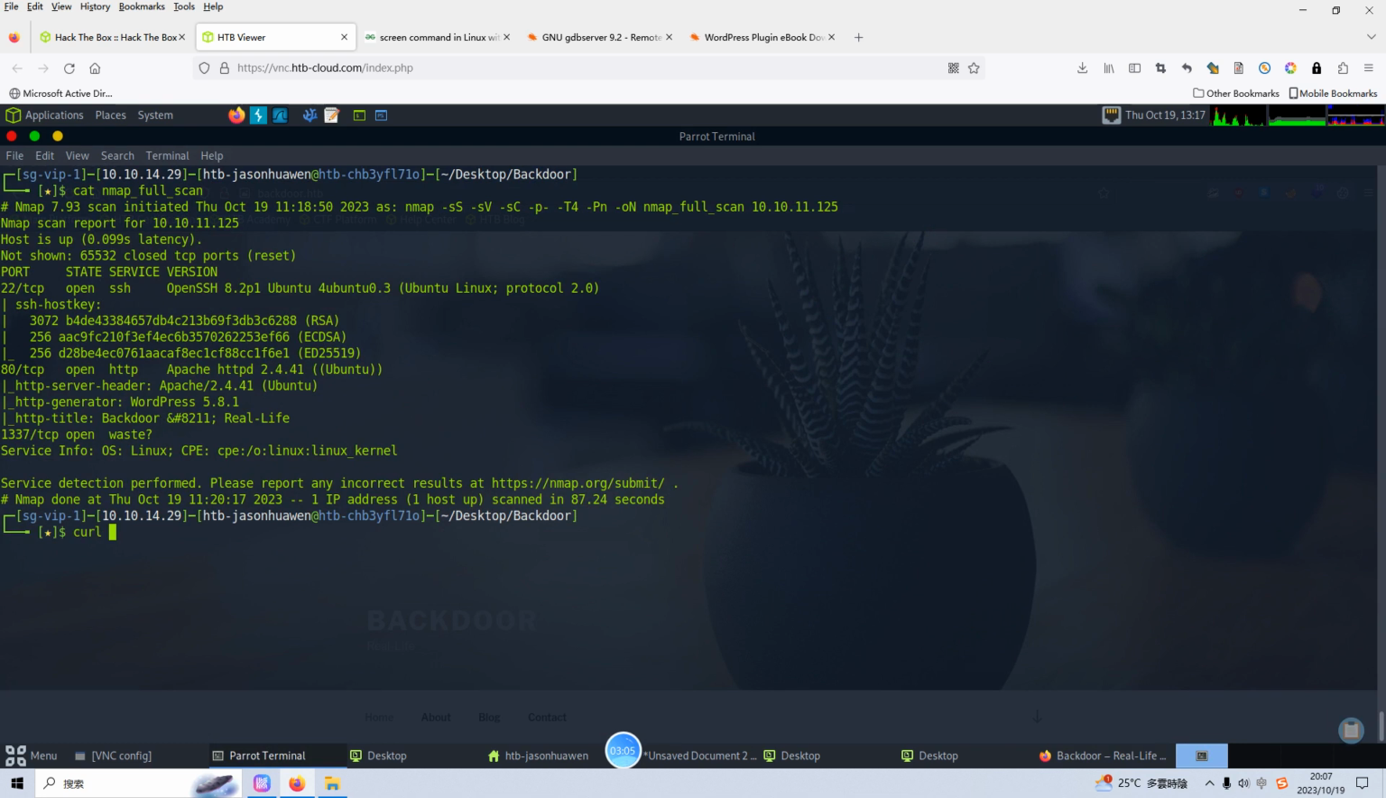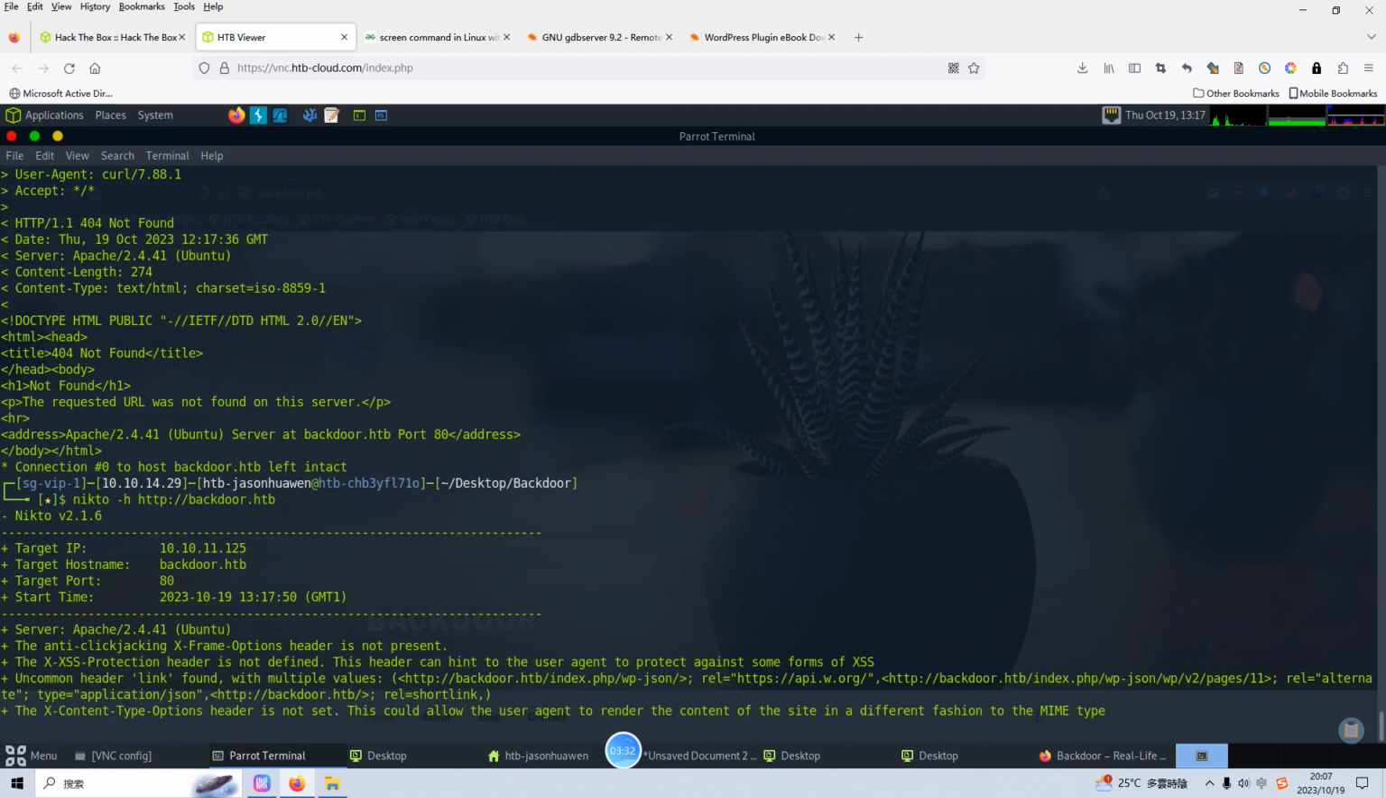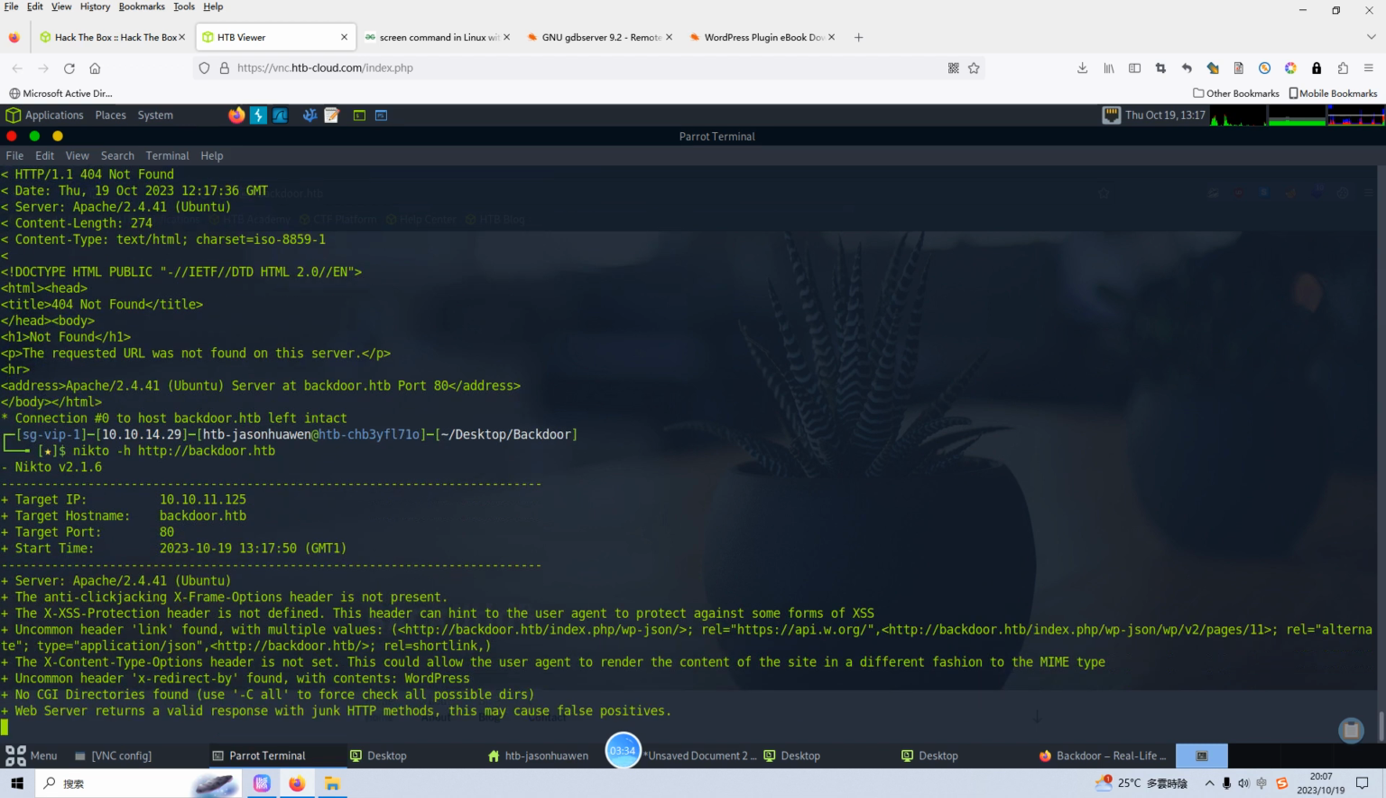For example, we can check whether the target has a robots file, right? Let's hit enter, but not found. Then we can use Nikto against backdoor HTTP. Okay, you know, Nikto is so powerful for web application enumeration because it will go through all possible